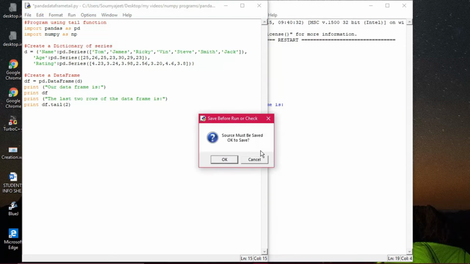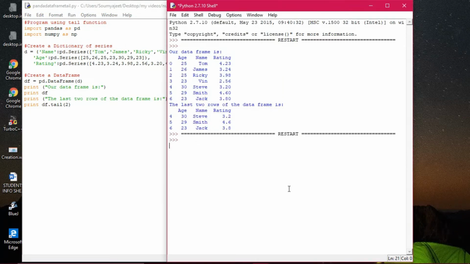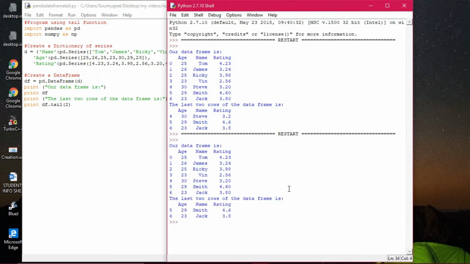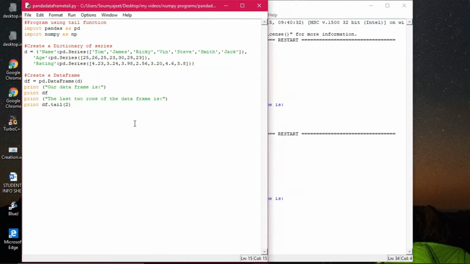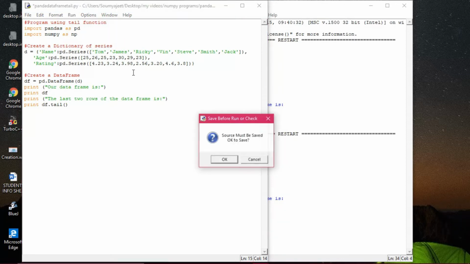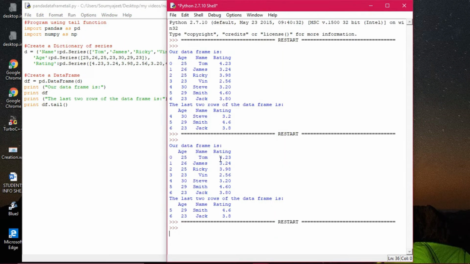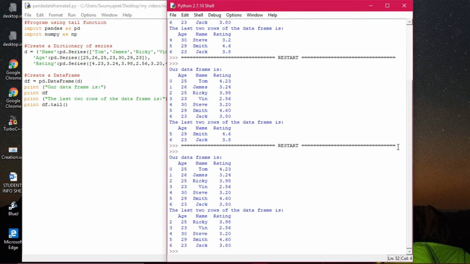This kind of program is useful for generating outputs. The program segment will be given to you and you will be asked to print the output. Basically 2 marks can be allotted on this kind of question. Here 5, 6 has been given, so the last two data have been printed. Now what will happen if we don't give any argument to tail? Let's see how it executes. It is showing 2, 3, 4, 5, 6.